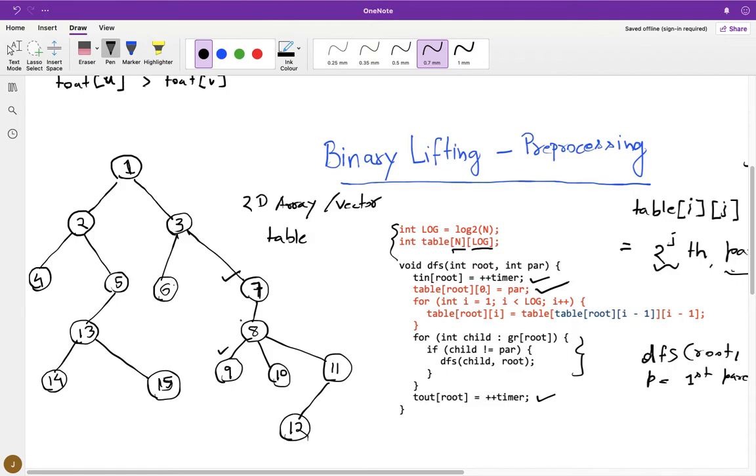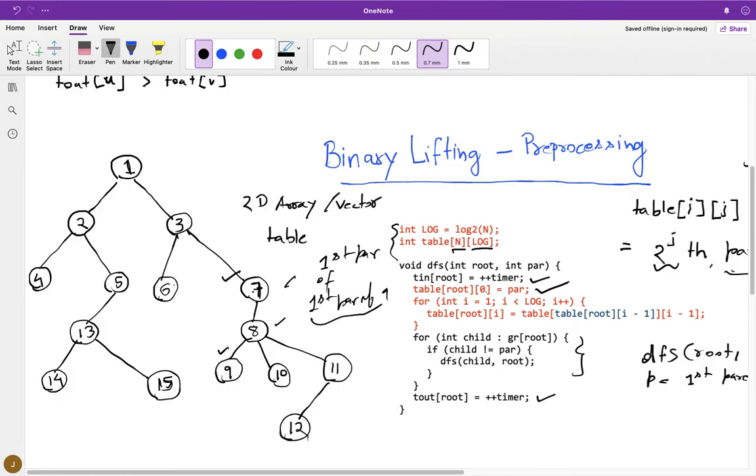At the same time, I can also call 7 the first parent of 9's first parent. So what is the first parent of 9? The first parent of 9 was 8 and its first parent is 7. Similarly, let's consider this same node. What is the fourth parent of 9?